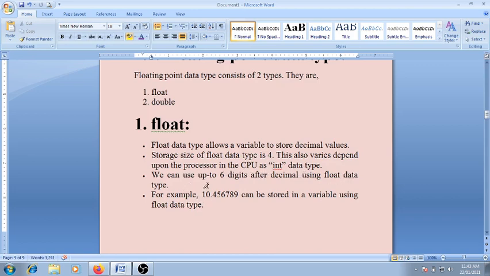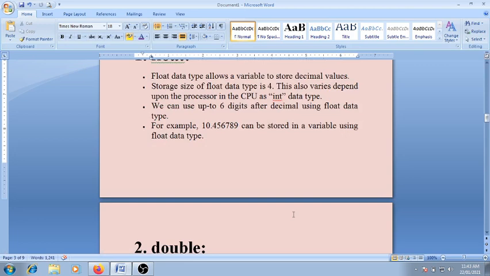We can use up to 6 digits after the decimal point using the float data type. For example, a value like 10.45678 can be stored in a variable using the float data type. That means a fractional number can be stored using the float data type. It is also called the real data type.